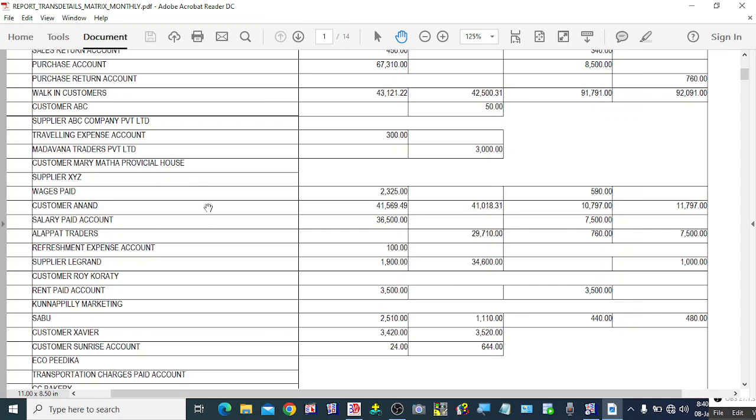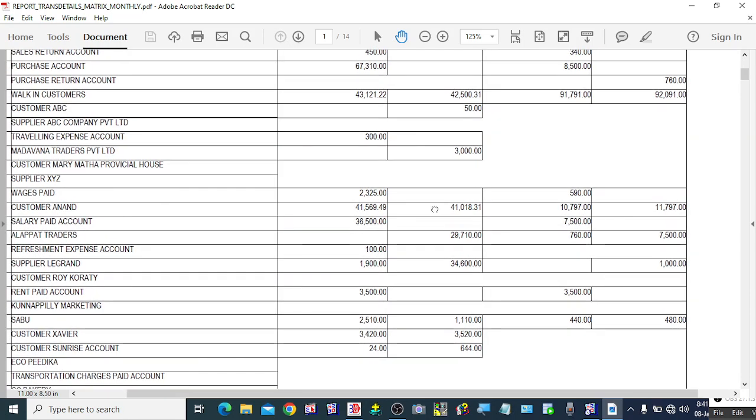If we come to the customer Anand, here we can see with the help of this report how much we have sold to this specific customer Anand in the month of January, and how much amount we received from Anand during the month of January. Similarly, in the month of February, how much we have sold to this customer and how much receipts or payment this customer has given to us in the month of